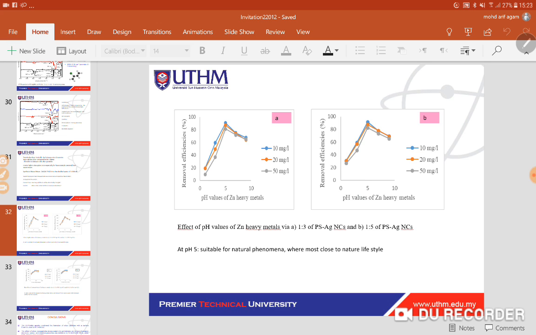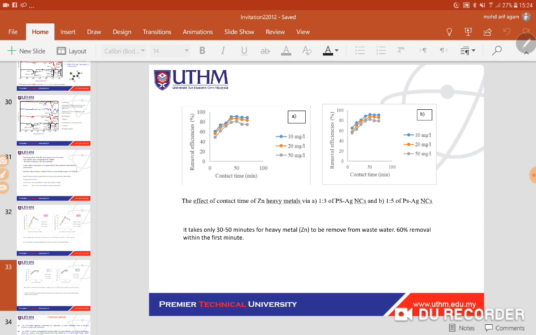And it seems the 1 to 3 and 1 to 5 ratios are giving the same results. Within pH 5, we can get 100% of zinc absorbed by polystyrene argentum nanoparticles. And then